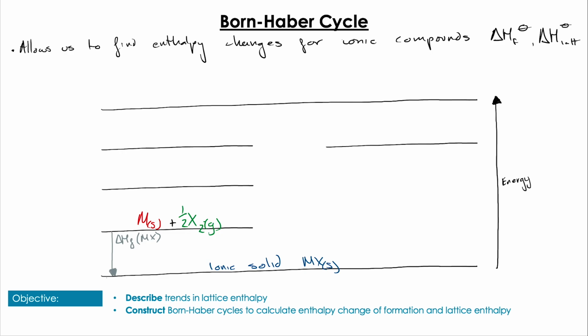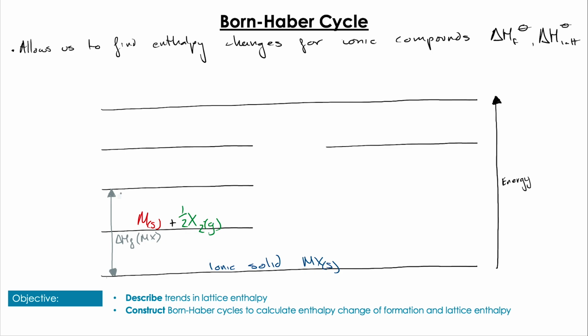The reason I've got half here is because we only have MX with one X atom. If we had MX2, then we would use just the plain 1 mole of the diatomic non-metal gas. So we want to find an alternate route up and all the way around using lattice enthalpy. So if we want to use lattice enthalpy, we need to find all of the enthalpies that are going to get the metal to an ionized state and a gas, and the non-metal also to an ionized atomized state as